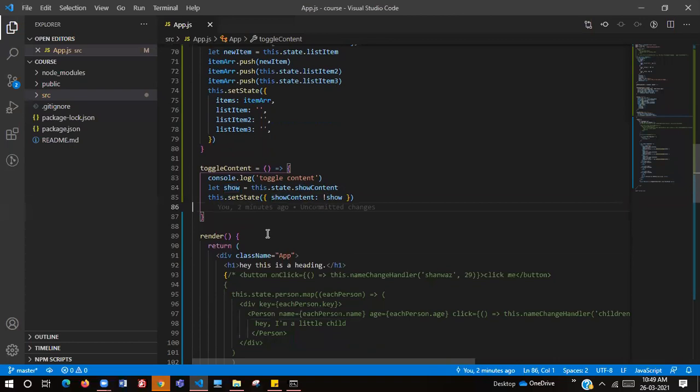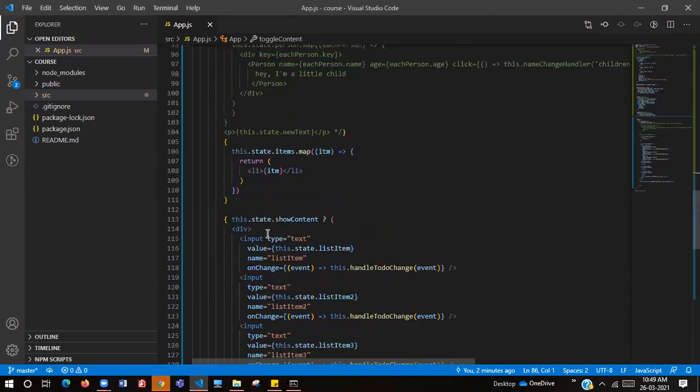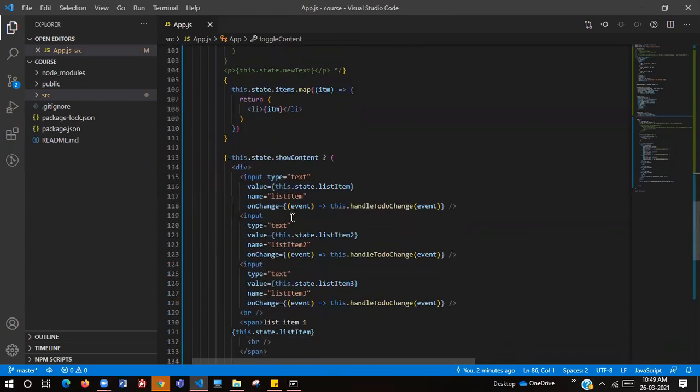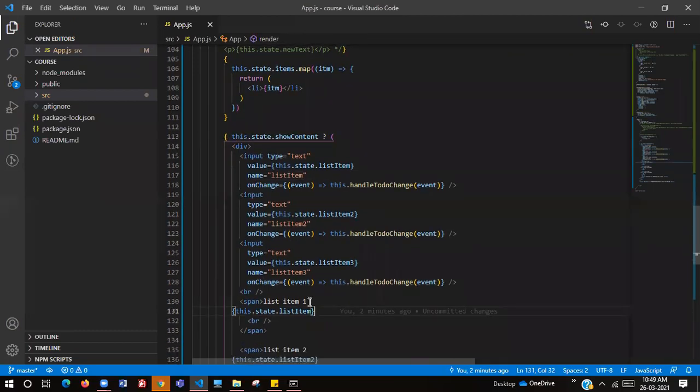Until now it's clear, Divya? Yes, it's clear. So now how do we toggle the content based on that? How do we hide and show the content based on that particular variable? We use the ternary operator here. Everything that we are writing is pure JavaScript, correct? In React, yes. What is the question mark there, sir? It is exactly after showContent, the question mark. Let me tell you.